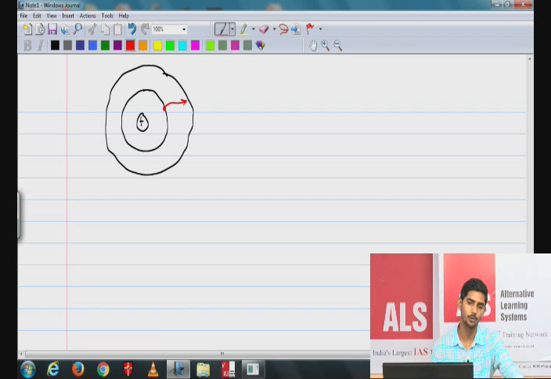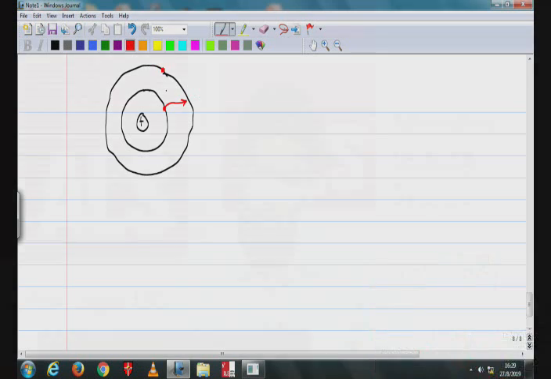Obviously, it will absorb some energy. When an electron jumps from a lower energy level to a higher energy level, that higher energy level is known as the excited state. So, when the electron comes back,